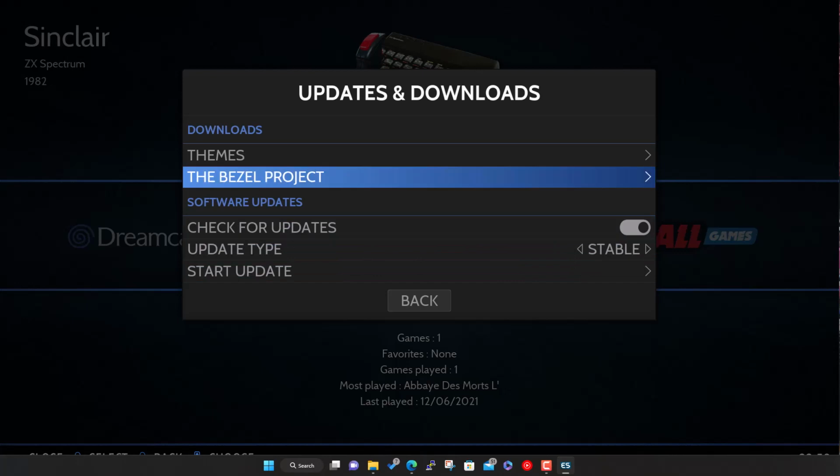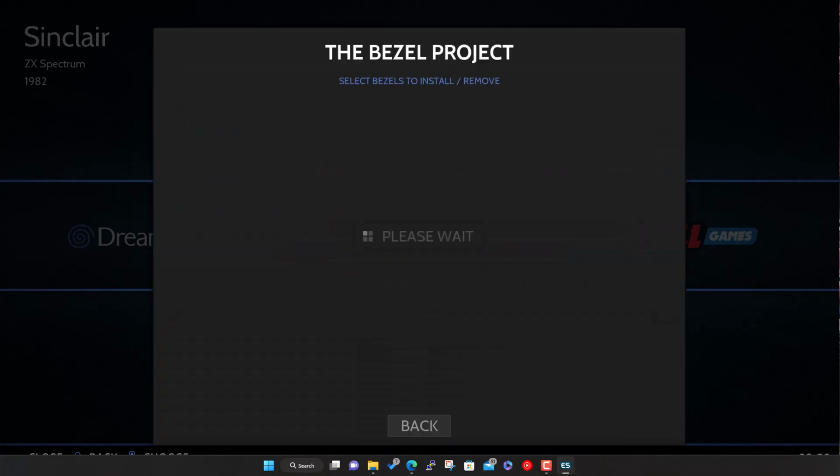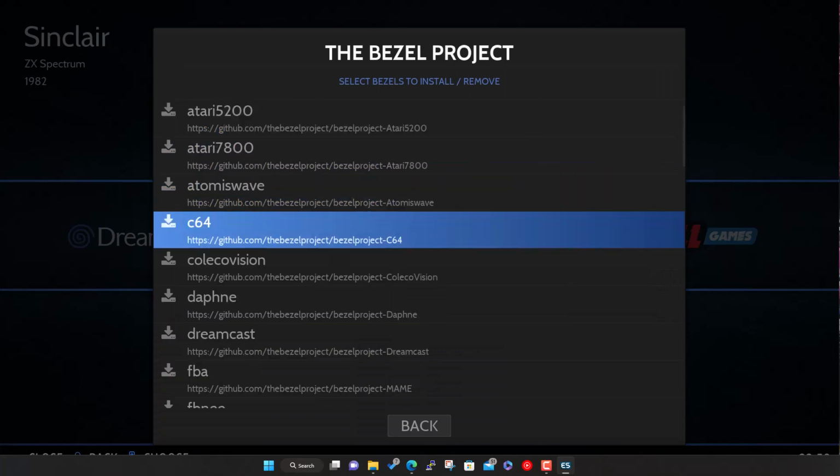While we're in here, there's a couple of downloads we can do. So the bezel project is basically what it says. It's a whole bunch of bezels, which are the artwork that you see around the screen when you play a game. Generally, the old systems were designed to run in 4:3 aspect ratio, and modern screens are generally all widescreen, 16:9. So if you're playing a game, you'll end up with the game in the middle and some black bars down either side. So what you can do with the bezel or the decoration is basically replace that with some artwork,